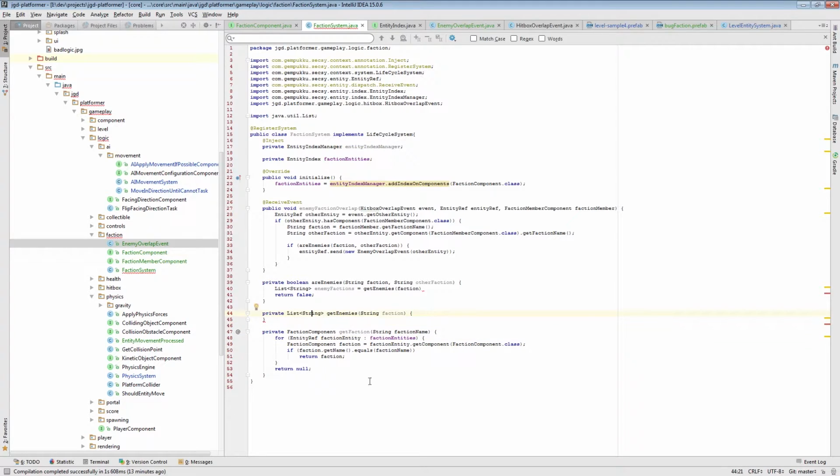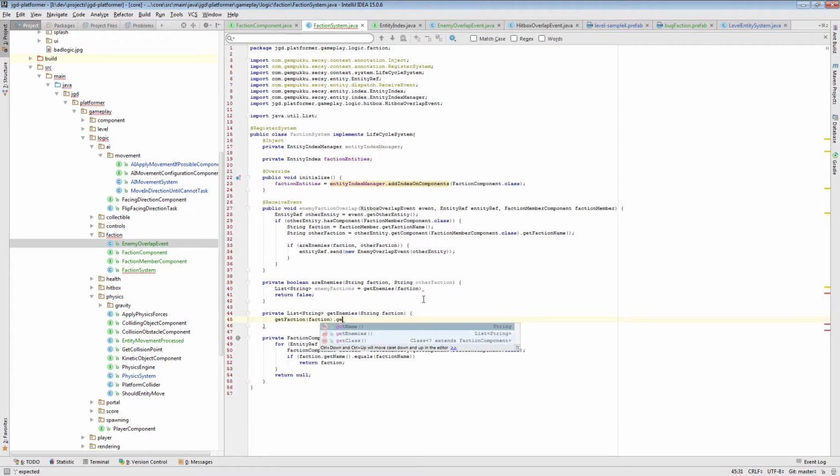And we will not worry about the case where we don't find the faction at the moment, because that means that the level is incorrectly defined. Okay, so get enemies, so we'll do get faction by faction name, get enemies here, and what we'll do here,